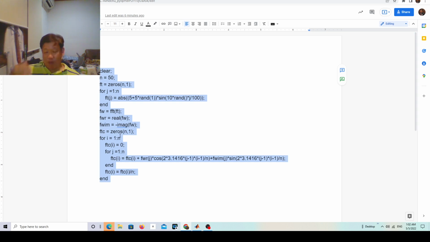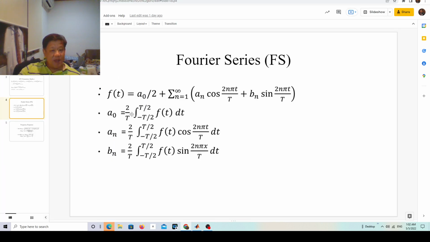And why do you want to approximate it? Because a lot of the time, in the classical Fourier series, to be able to find these coefficients, your f of t must be integrable, or even when you multiply by the cos or sine term, the resulting function must be integrable. Integrable means that you need to find a finite, well-established closed form. But a lot of the time, with the given input of f of t,